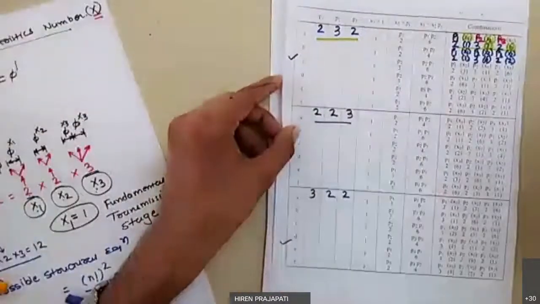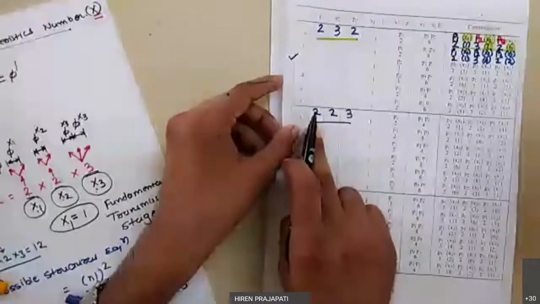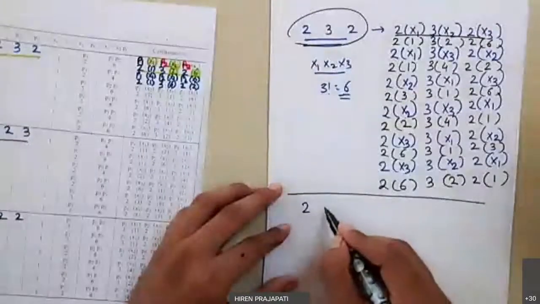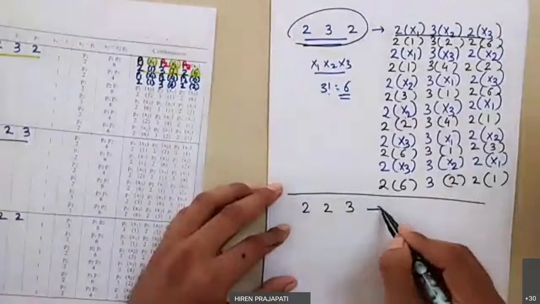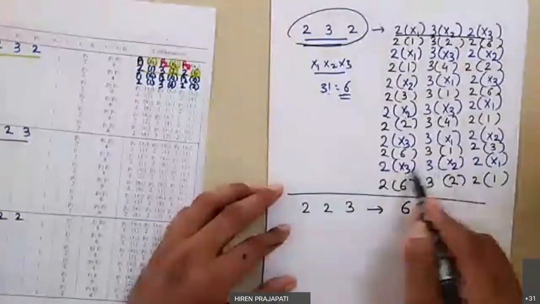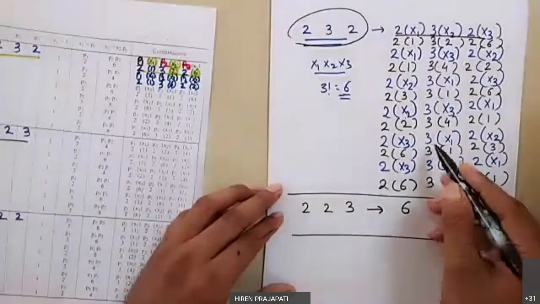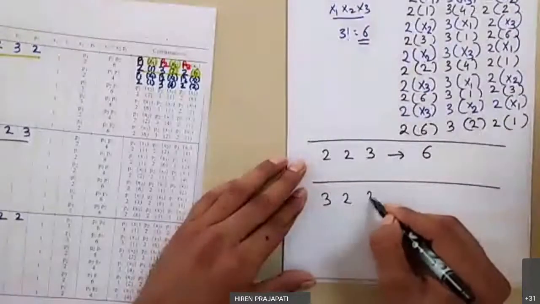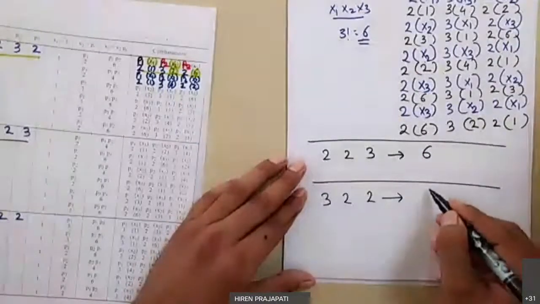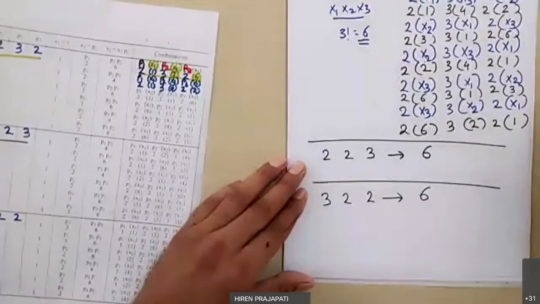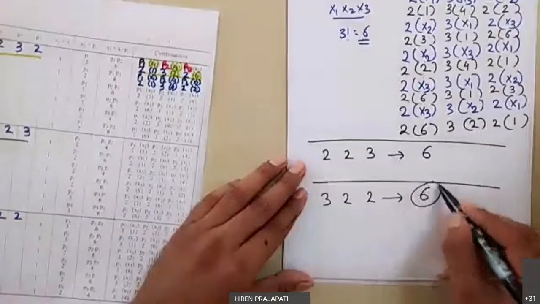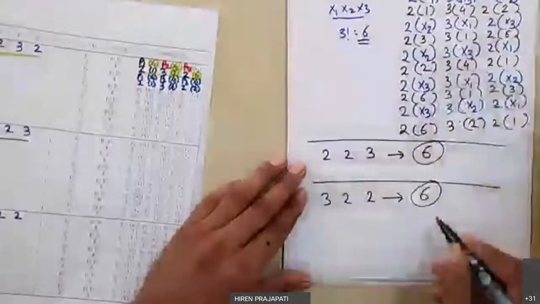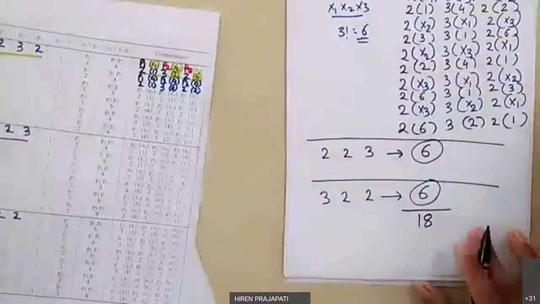Similarly, we have the second possibility of the main structure equation, which is 2, 2, 3. So likewise, instead of 2, 3, 2, now for 2, 2, 3, again we have a total of 6 possibilities by changing the position of x. So 6 plus 6, 12. Now similarly for the next, 3, 2, 2, again by changing the position of x, we have the next 6 possible structured equations. So in that way 6, 6, and 6, total 18 possible structured equations are there.